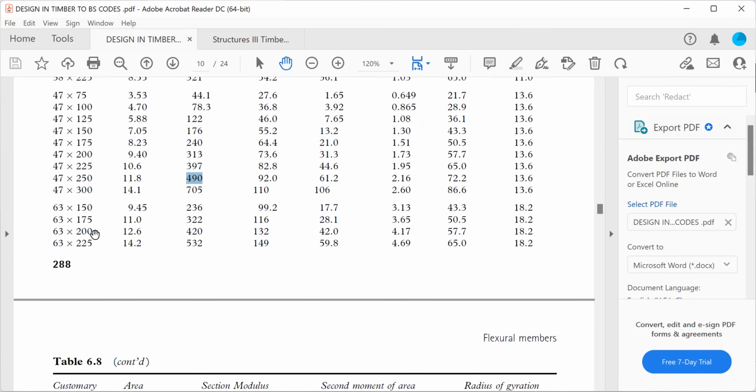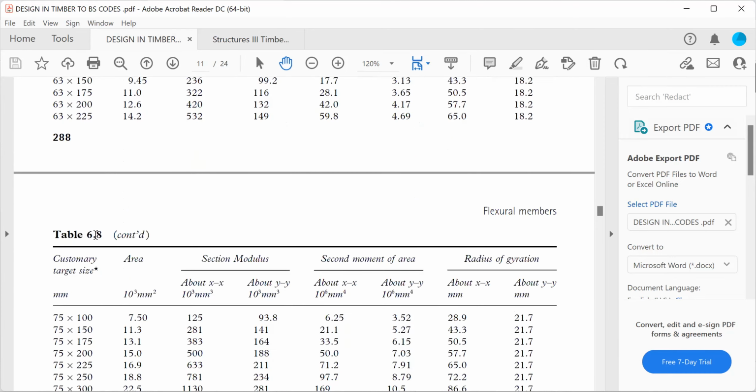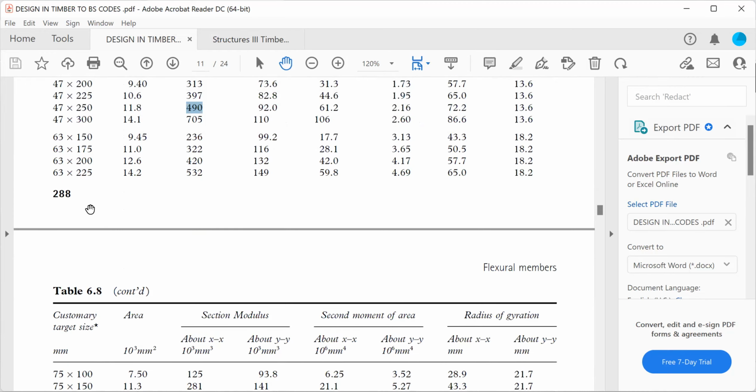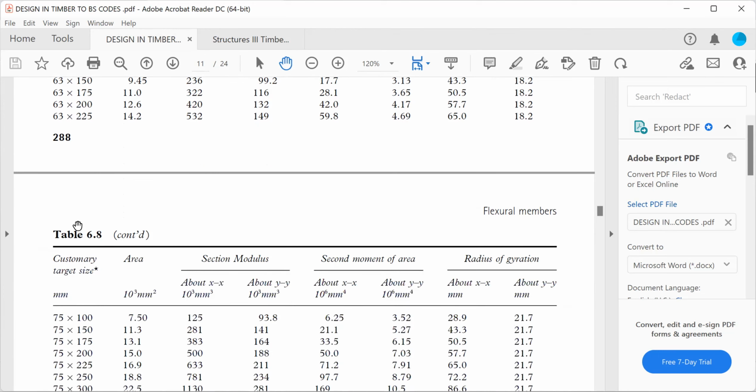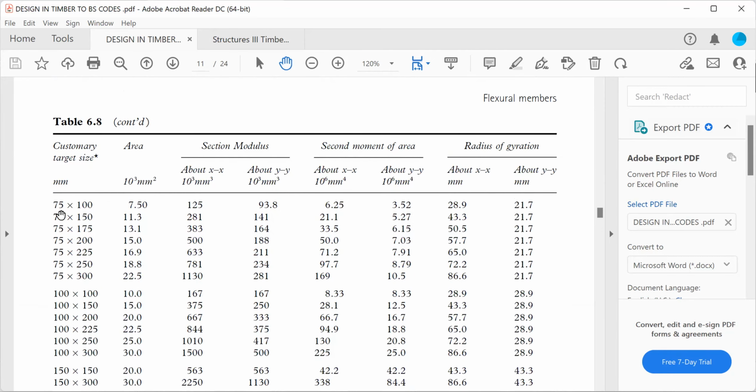Now we move to 63 by, now 63, it only has 150 millimeter depth, 225 millimeter depth. So since we don't have a 250 millimeter depth section, we don't use any section from 63. Now, next is 75. So 75, but now we only focus at 250 because it's the depth we use to